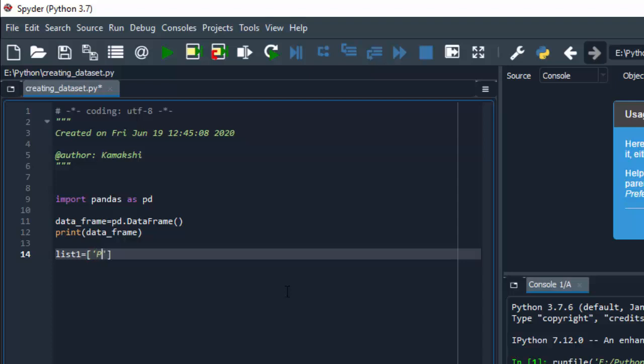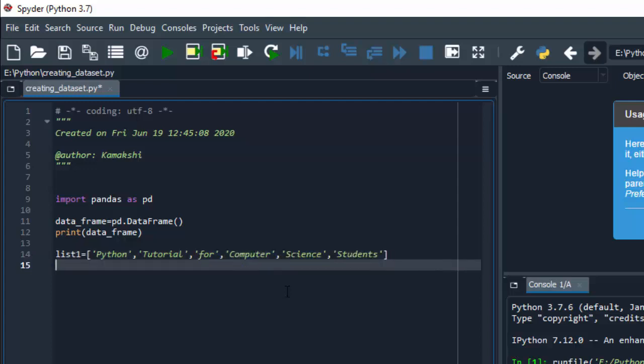So I'll put the square brackets and I'm giving the values to this list within single quotes and separating them with commas. I have given the values as Python, tutorial, for, computer, science, students. Now I have created the list.